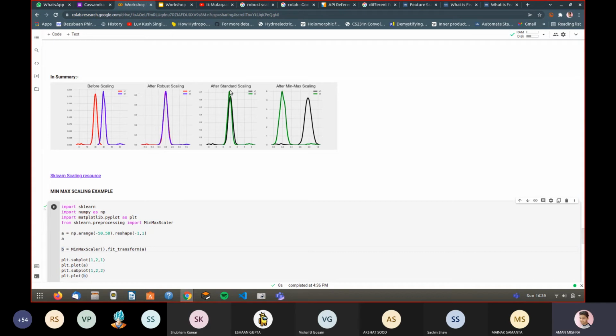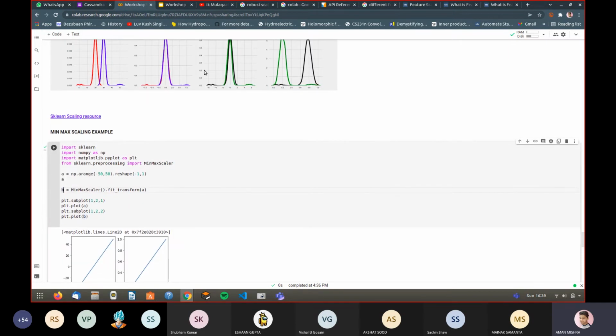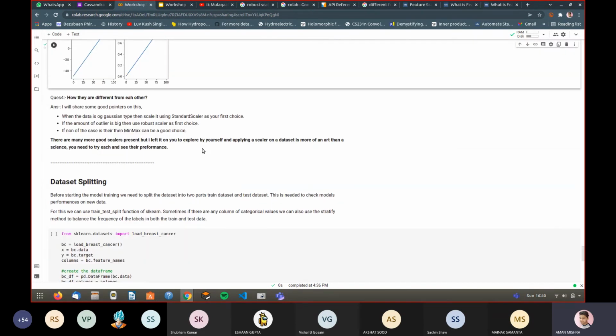After standard scaling, this will happen, and min-max scaling does not consider the separation, like these outliers, into account. It will not consider this, it will just scale it down, so the outlier effect will be there as it is. Standard scaling also does not take that much into account, only slight outliers. But robust scaling is far better than those two for outliers.